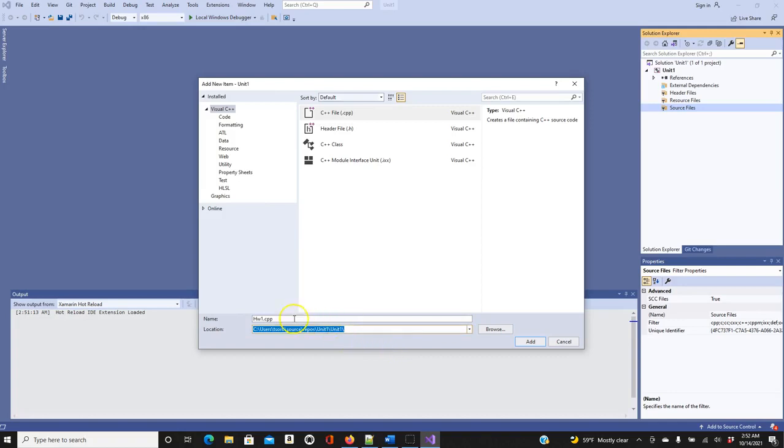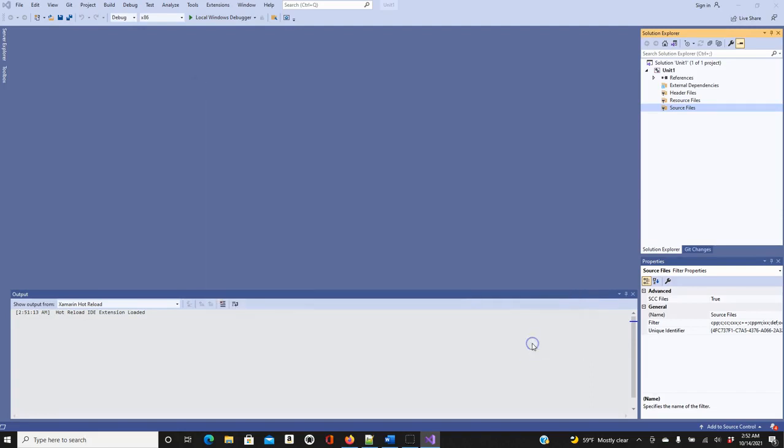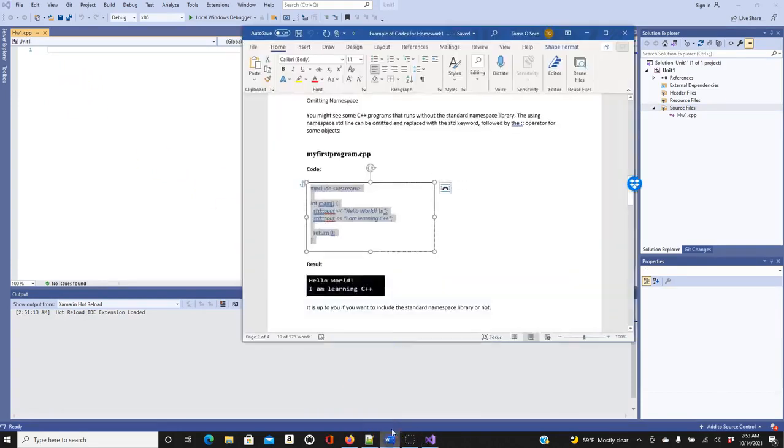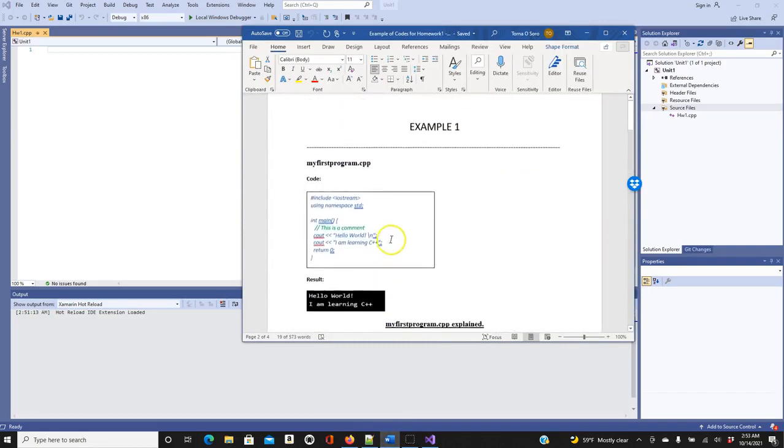Okay, so now if you run in C, then it's going to be C, but because we run in C++, you really don't need to change it. So that's usually the difference when you're using C and C++. For C, you have to remove this, then you will have a C program, but we're doing C++, so we're doing CPP. Okay, and then you click add, and this gives you the empty file, and you can start writing your code here. Okay, so I have an example of code we can write.